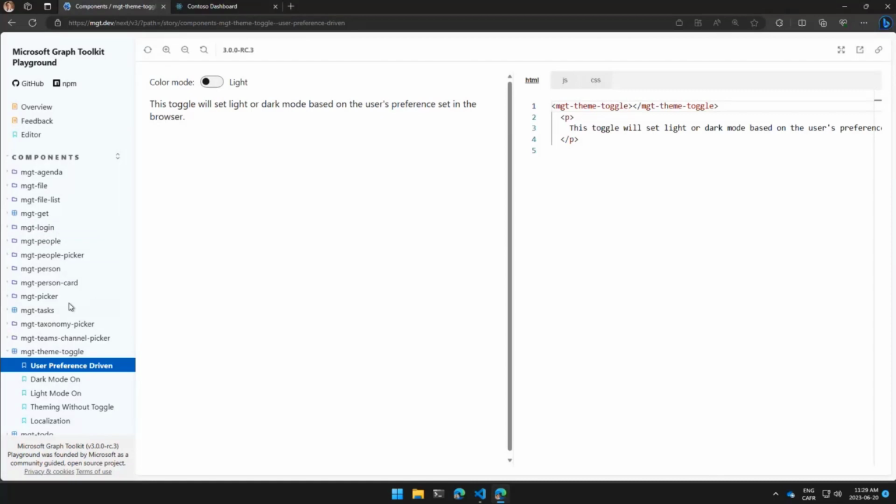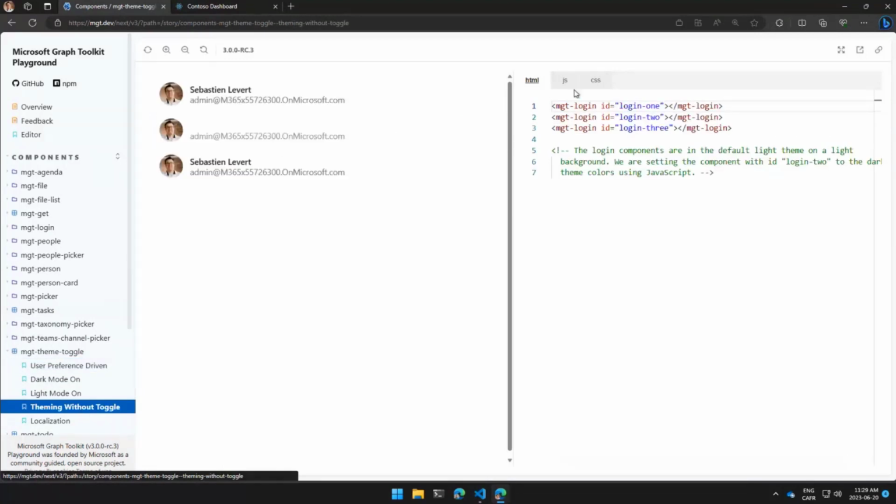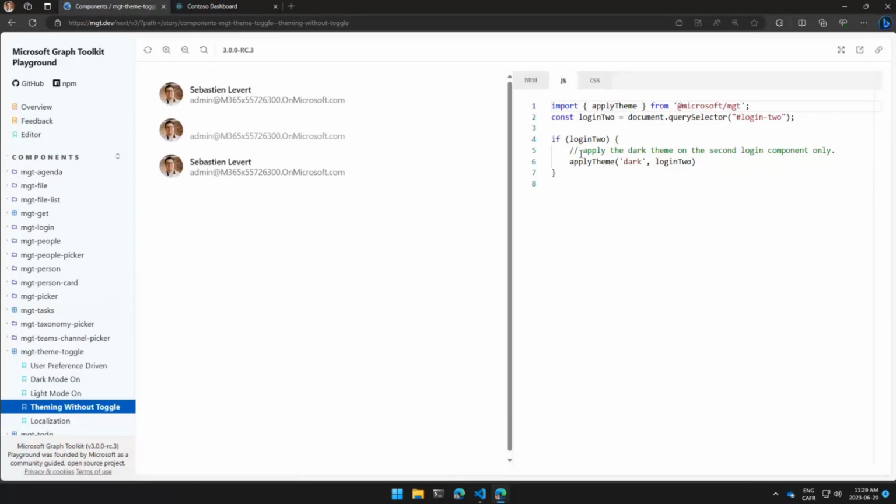The beauty, though, is you can not only do it with the component, but you can do it without the toggle, right? How do you do that? We are exporting a function from the toolkit that allows you to apply a theme to a specific selector or to the entire page. So for example, this is my second login.